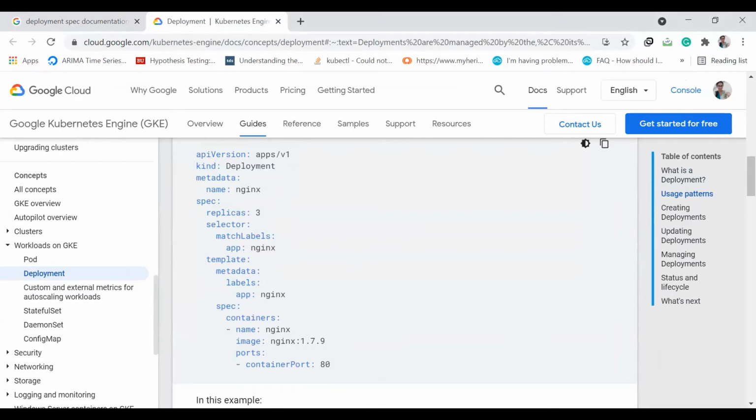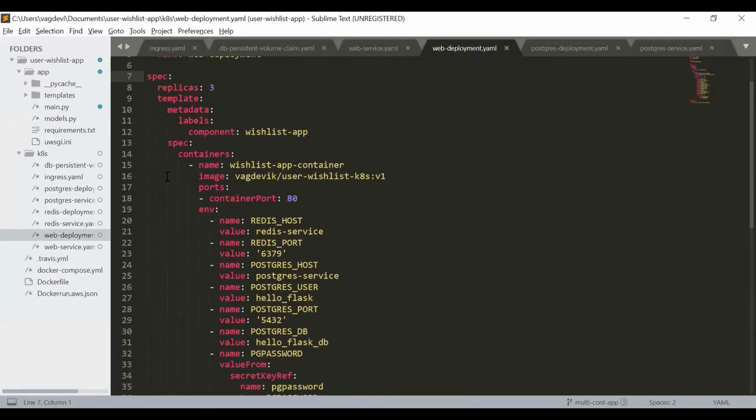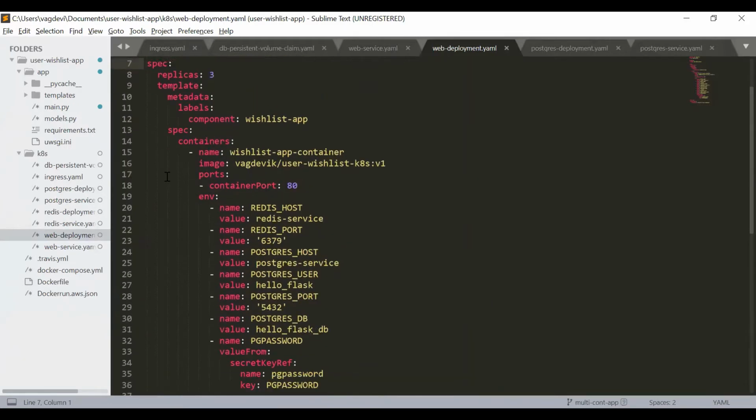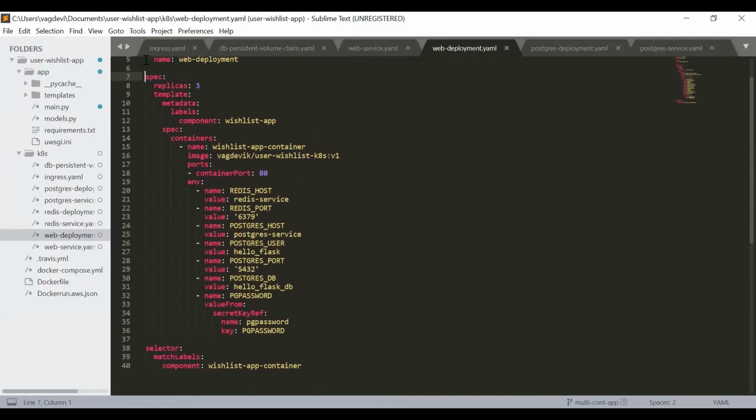But the mistake in our case is that we have written it outside the spec. Okay. So I will minimize the screen, right? So it is at the same level, but it should be inside this. Okay, so I will just move this inside so that it is inside the spec and at the same level as replicas and template. Fine. Now I'm going to save this and I'm going to apply again.